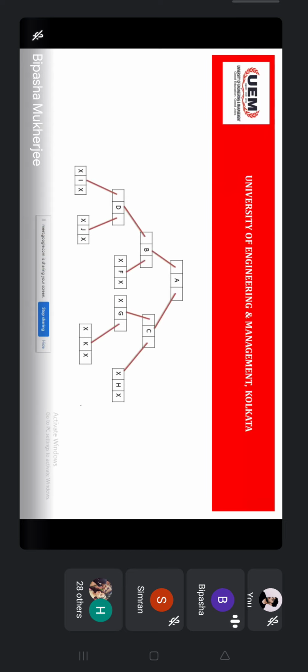Now, can you see how many nodes are there? A, B, C, D means 1, 2, 3, 4, 5, 6, 7, 8, 9, 10. Fine, 10 nodes are there. That means only 10 data items are there.